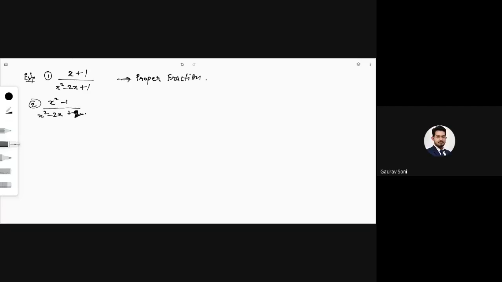Improper. So you have the degree of numerator equal to the degree of denominator. So this is improper. Whenever it is improper, as you said, we divide. So I will have x square minus 1 divided by x square minus 2x plus 2. How do you divide two polynomials? Anyone? How will I divide this? This is again something that you have done in your 10th standard.